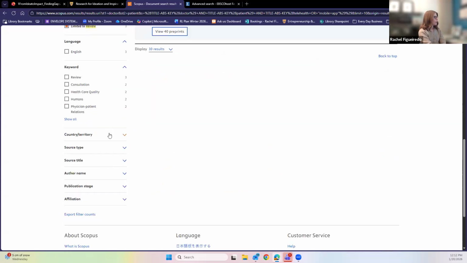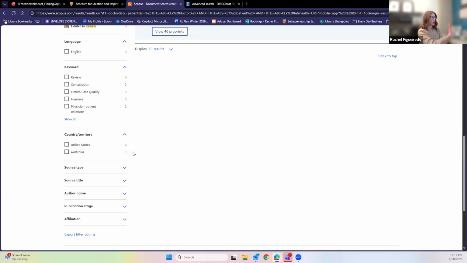And then the other thing I might mention here is the country territory section. We've really narrowed our results with all the things I've clicked already so far. But I wanted to point out again, if you're doing work for this Impact Gaps Canvas and it's asked you to think about local solutions and also global solutions, we might take a look here to see which countries are publishing information on this topic. So maybe Australia has some really good research that's been done on telehealth examples. So maybe we might hop over to look at that country rather than just thinking from our own perspective of what's happening in Ontario or what's happening in KW region.